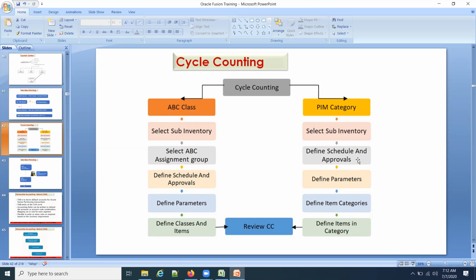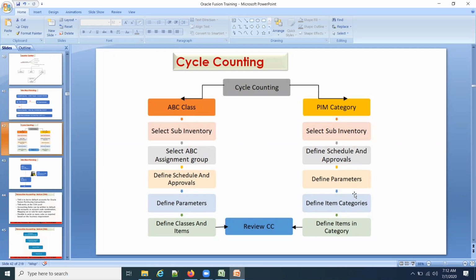Just now I discussed, right? Maybe some categories I will schedule weekly. Under electronics, maybe TVs weekly, or mobiles I will count daily. Just an example, okay? Like that, depending on requirement, you can define your schedules, and optionally you can define your approvals also. Whatever parameters you selected, you can select the same parameters. Finally it will ask from which category you want to schedule, what are the categories you are planning for counting. You have to enter them, and the system will pull all types of categories. It depends on your requirement.